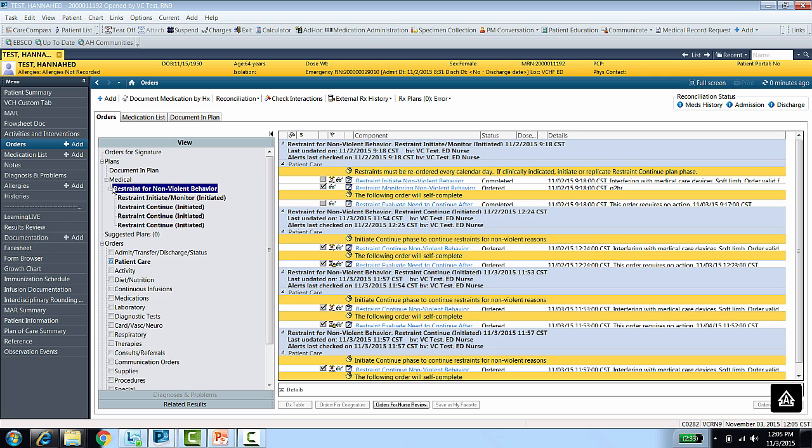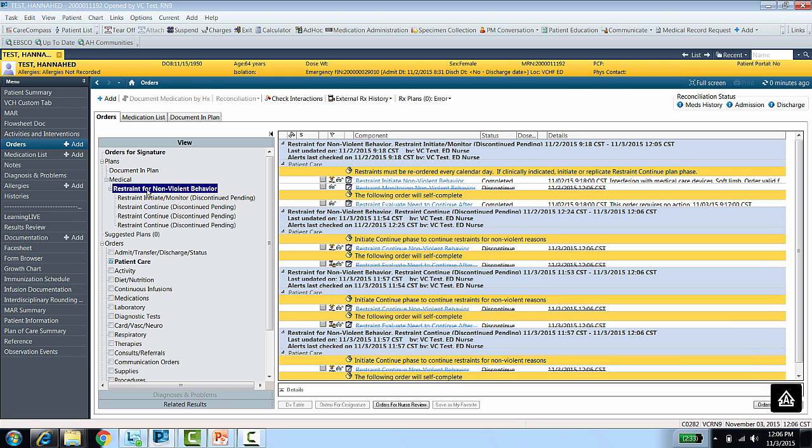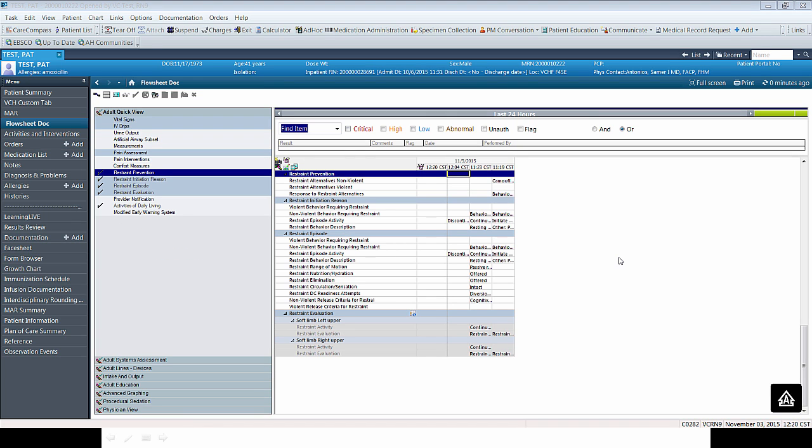Locate the power plan in the orders view panel. Right-click on the top power plan title and select discontinue. By discontinuing the power plan on the top level, we'll discontinue the tasking every 2 hours and remove the patient from the restraint report. The last change to make note of is that all documentation is viewable and easily accessible